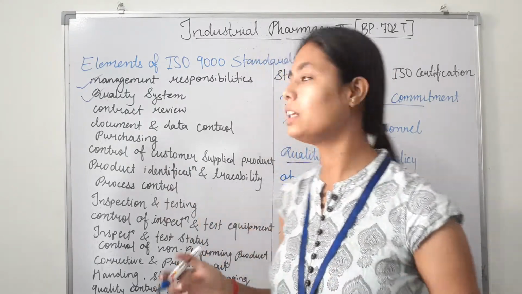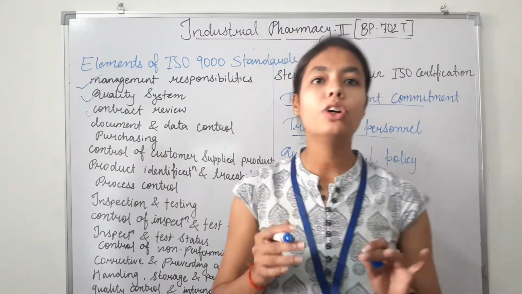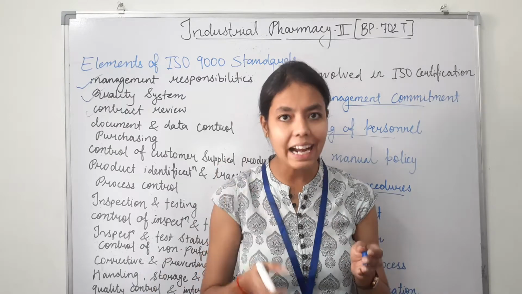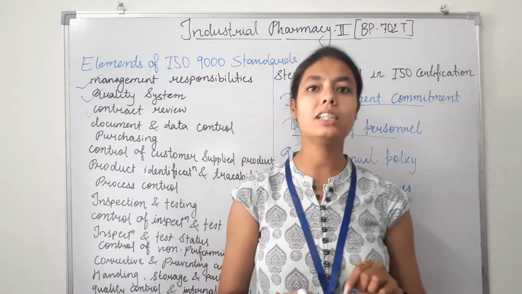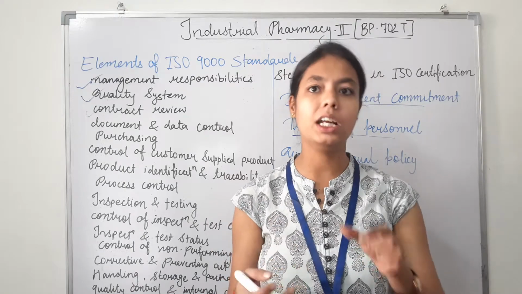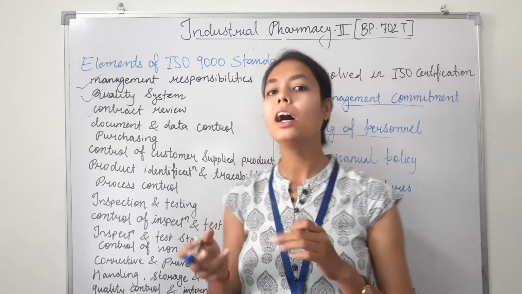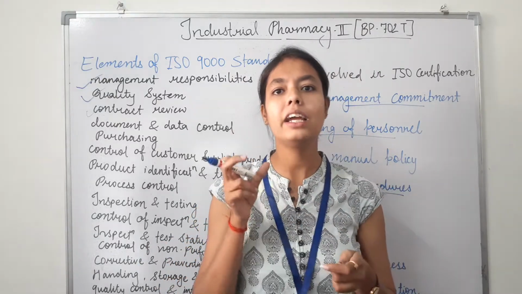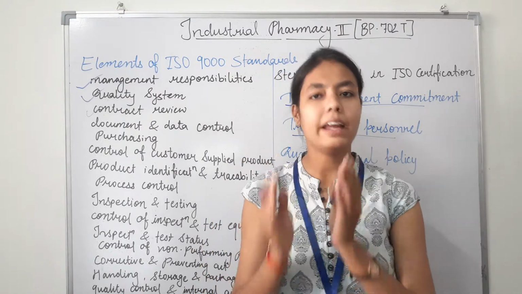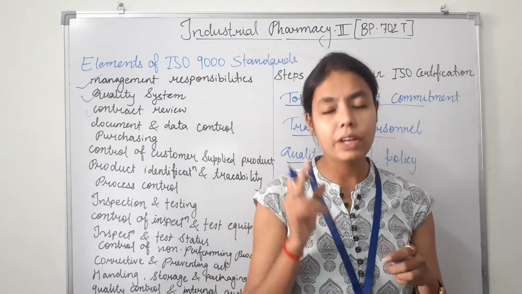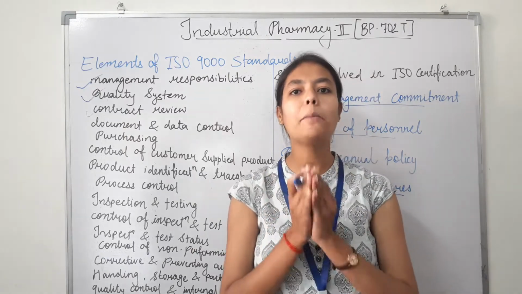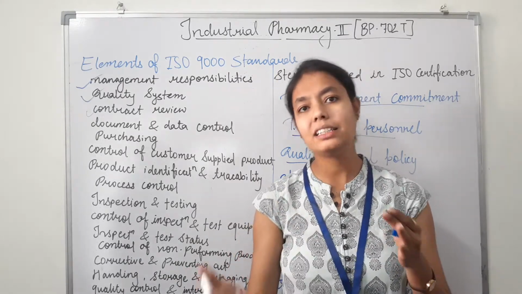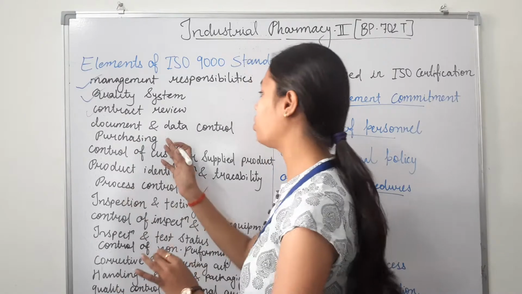If we talk about the next one, that is contract review. Contract review: where the sales of the product and services are covered by contracts, there must be clear evidence of a review of terms and conditions. Attention should be paid to the following. Likewise, checking that all the parties have the necessary resources, organization and facilities. Apart from that, we also have to ensure that the requirements are agreed and clearly understood by all the parties involved in the contract review. So this is about contract review.